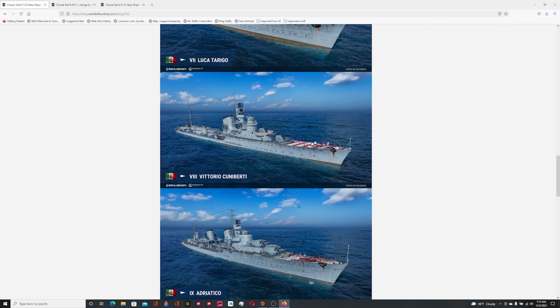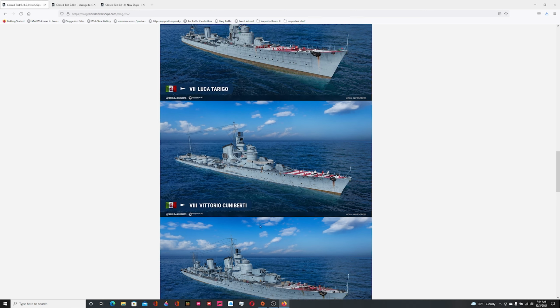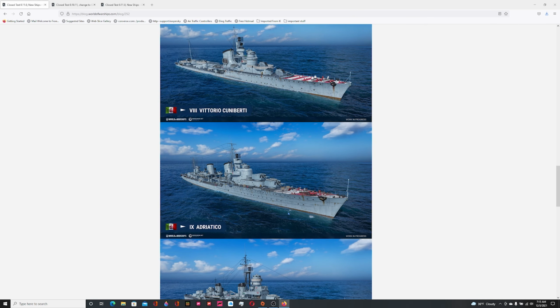Then we go on to this long name, which I'm going to try to pronounce. We go on to Vittorio Cunberate. I'm saying it the best I can. I don't know Italian, so give me a break. It's like we got guns up the front, one turret in the back. Hard to see where the torpedo launchers are, but they're somewhere back there. I think this is where they get emergency speed boost. Then we go on to